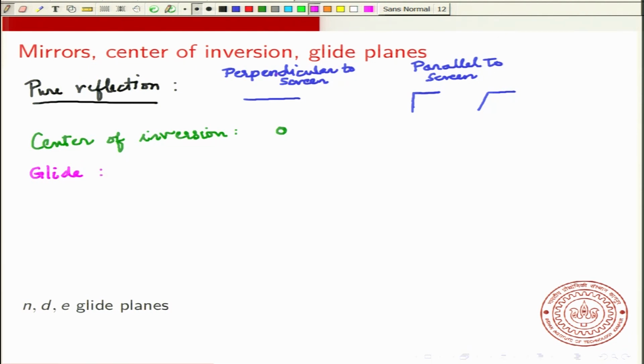In the first case, when the plane is perpendicular to the screen, there are a few different notations. Now there are various symbols. So you could have a dashed line,